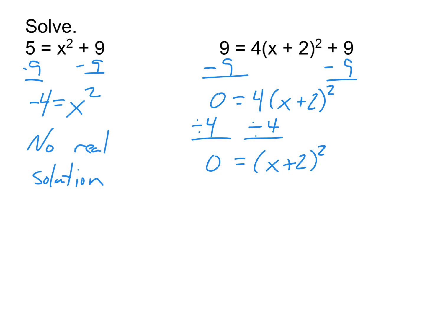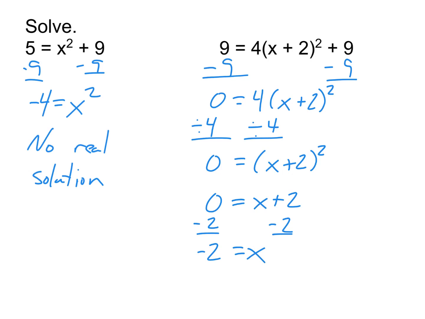Can we take the square root of 0? Yes. The square root of 0, though, is 0. This is not a plus or minus 0, because positive 0 and negative 0 would be the same thing. 0 does not have a sign. So we end up with 0 equals x plus 2. So at this point, in order to figure out what x is, I subtract 2 from both sides. So negative 2 equals x,